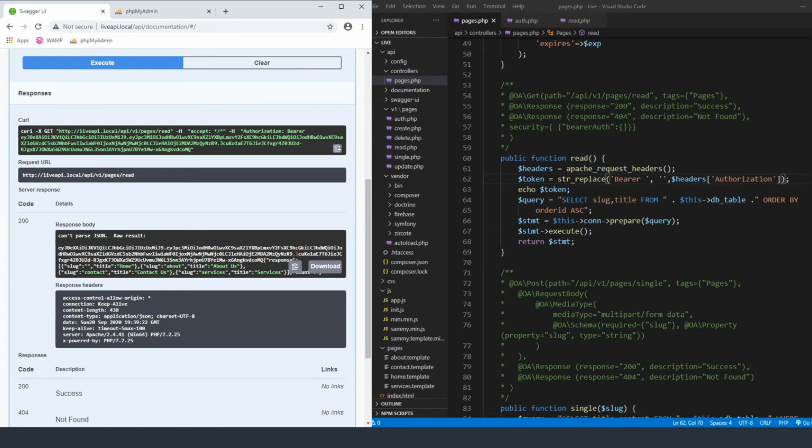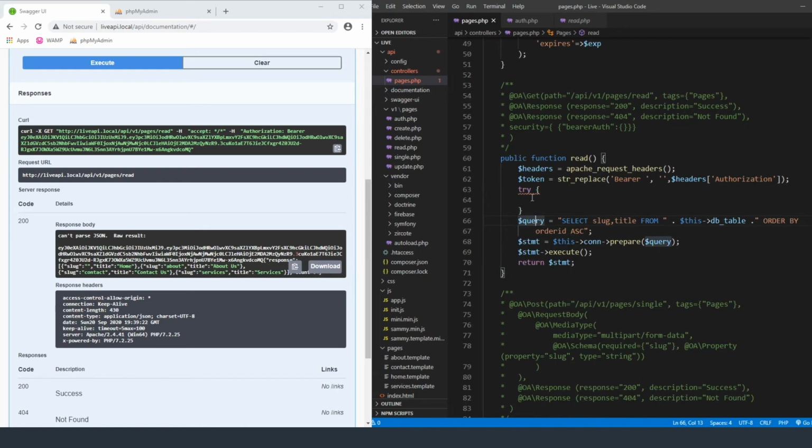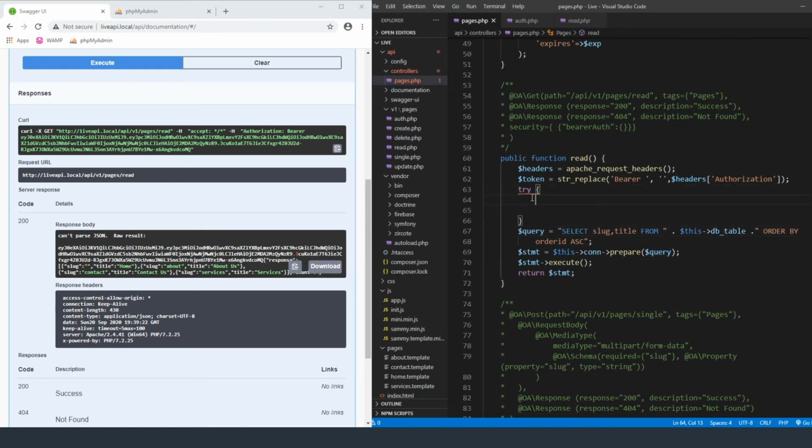So now we need to do a try, because if you don't do a try statement, it's essentially going to try to process that, and if the token doesn't exist, it's going to give you an error message instead of giving you the correct return that you're looking for. So on this side of it, we're going to do try, and all of this is going to eventually be inside of our try. So we're going to try this